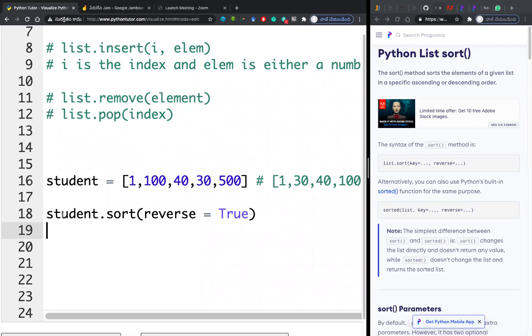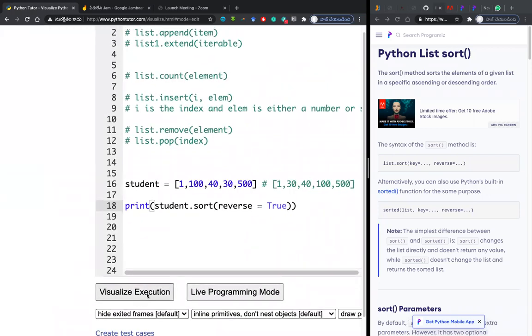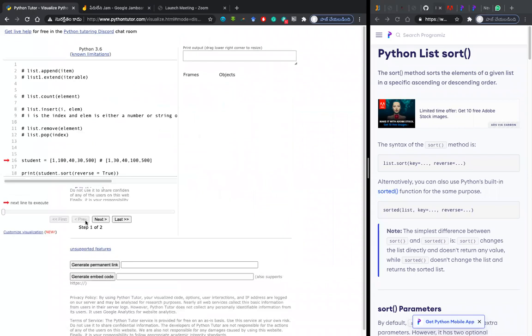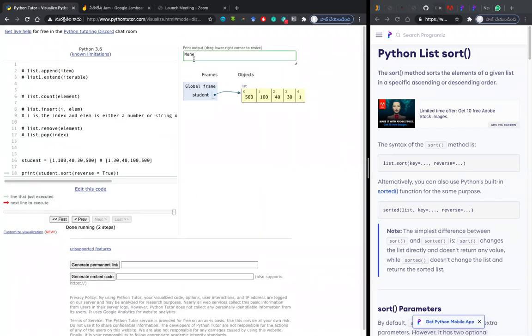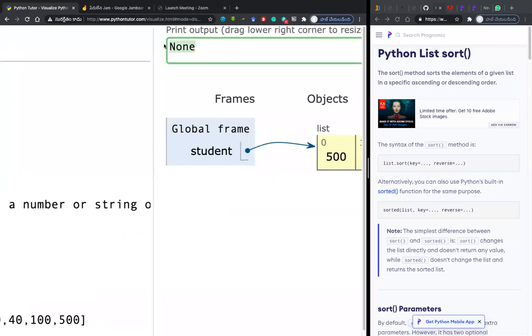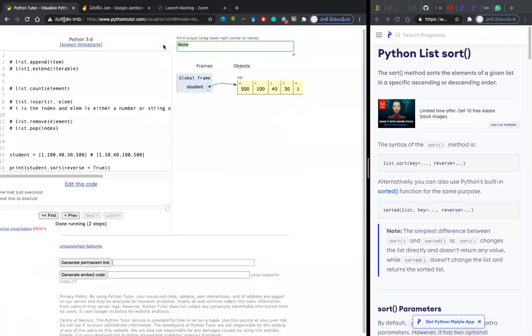It doesn't have any return value. If you print something onto the screen, it doesn't show any return value. Let me check the execution. See, it says None on the screen. You can see None, in the sense it belongs to type 2.